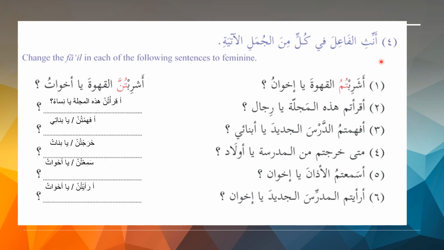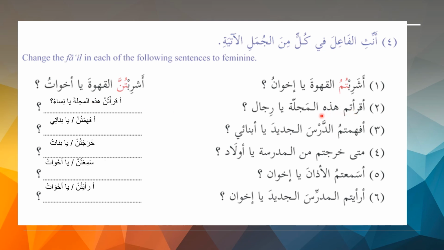Question number 4, you need to change the gender of the pronoun. So all the examples here are given for the male. As you can see here, the pronoun attached in red is for the male plural. And now you need to change it into the feminine. So keeping in mind, when you are changing the pronoun, the other things should also be changed related to it. So أشربتم القهوة يا إخوان؟ Addressing the brothers. So if you change to أشربتن, then you need to change to يا أخوات. أشربتن القهوة يا أخوات؟